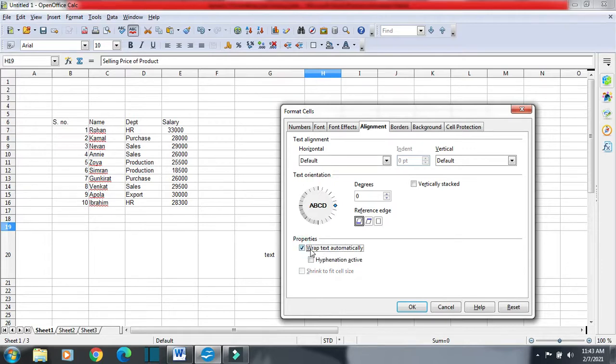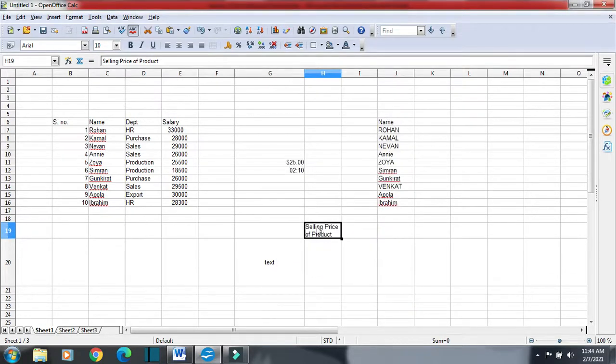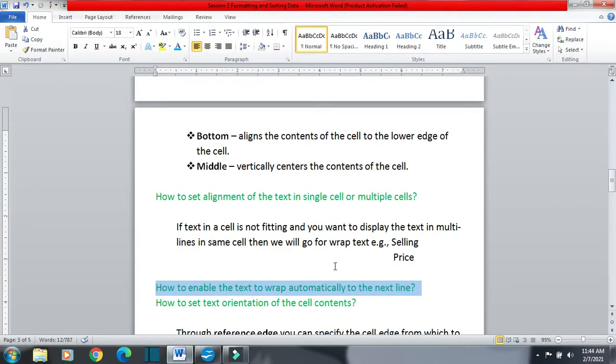It will automatically wrap the text to the next line if the space is not enough. Click OK and you can see selling price, the space was there, but after that the space was not there. So it automatically changed the line but inside the cell of product. So now "of product" is in the second line. So for that we will go for the word wrap feature.